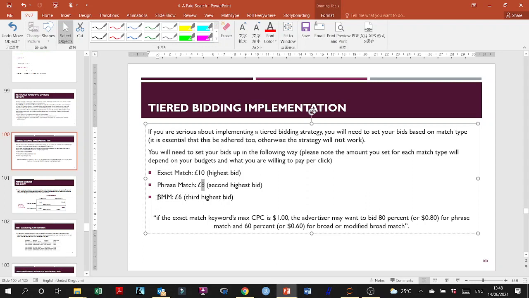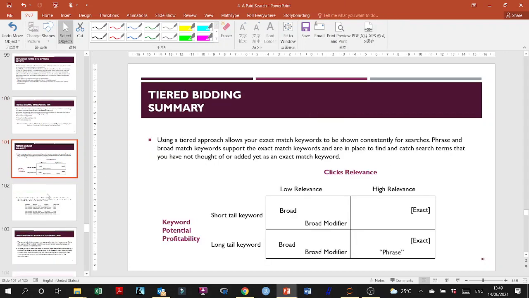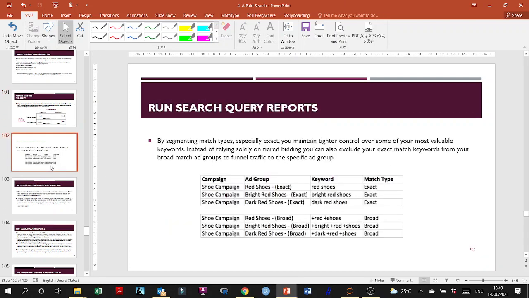And then over here we have the broad match modifier. So if the exact match keyword maximum cost per click is $1, for example, the advertiser may want to bid 80%, which is 80 cents, for phrase match, and then maybe 60% for broad match and broad match modifier. Or maybe you don't want to begin with setting 100% of the budget as an average cost per click. In any case,